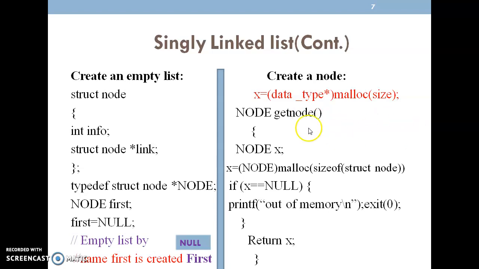So Node getnode, for creating the node, I'm calling the node variable, and the typedef I defined is Node, which contains both the fields, with x as the variable. If x is allocated the value, if the memory is available, then the new node will be created and we return x. If the memory is not available after calling this function, it returns a null value. Then we can say that memory is not available, so come out of that. If memory is available, then the node will be created.